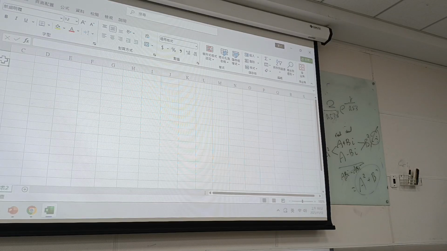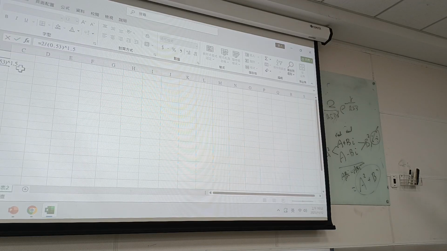So what is R? R equal to 2 divided by 0.53, right? To the 1.5, right? And then multiply